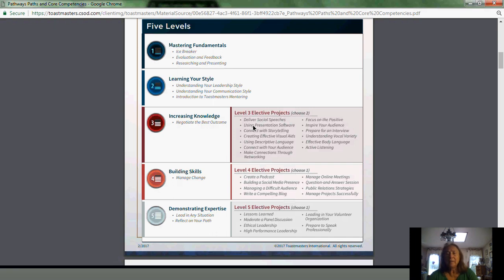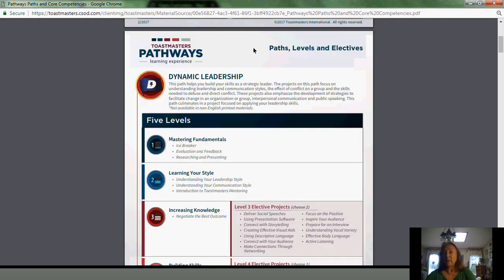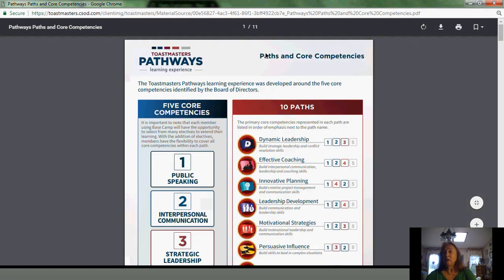Now you can find this in the navigator, that you have to click on it and then click down and it goes to another section, and you might find that a little cumbersome and time consuming if you just want to quickly look at everything and what it entails. And so that website that I'm going to include the link for will give you that, and I'll also include a link just to this Pathways overview. It's called Core Paths and Core Competencies, so that if you aren't familiar with it or you want to look at it again, it's going to be available for you.